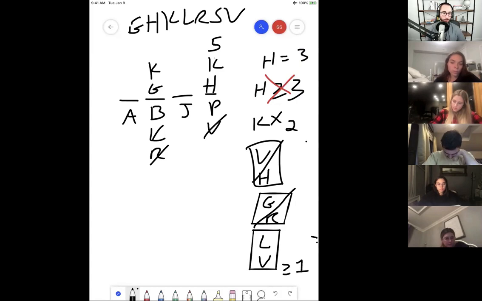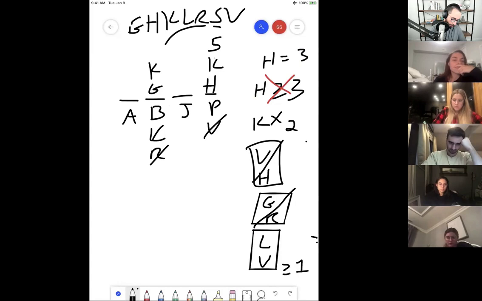Now, the final rule: if P has something, then B will have it as well, but A will not. This one, I think, can also be a bit nicer in this style because if P has it, then B does as well. So I might do an arrow of some kind. Maybe you want to loop it over the top instead to avoid J getting in the way. And then of course you have the other one, P and A cannot be together.